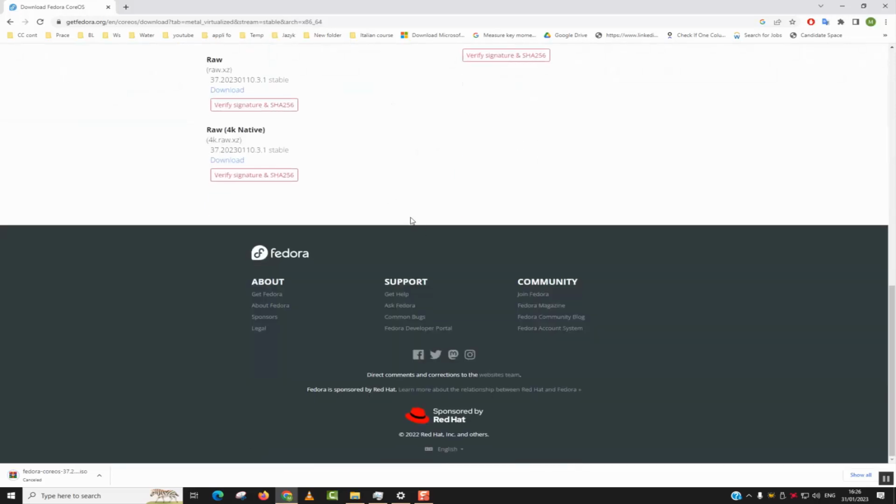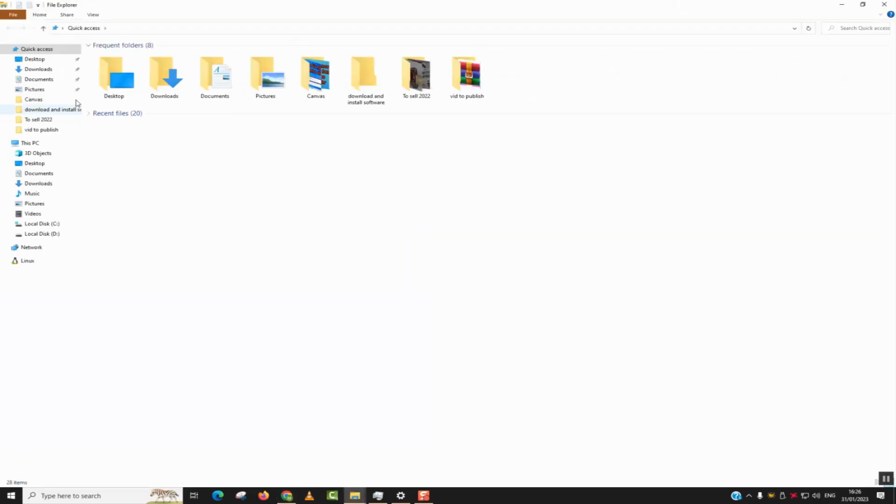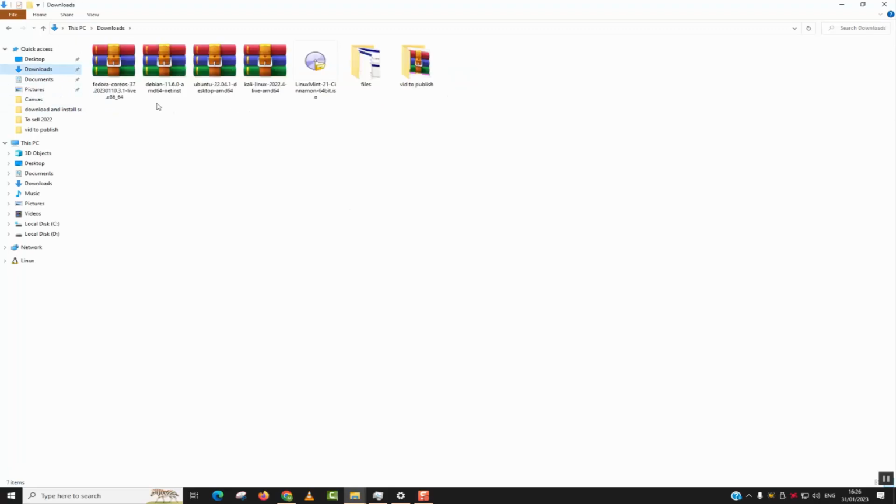Now I will go to my download file since I have already downloaded it. And as you can see, I have Fedora CoreOS live version, which you can either run from a virtual machine and proceed with the installation inside the virtual machine itself, or you can burn it into an SD card or set it up in an SD card, on a USB flash drive or an external hard disk and use it later on for running